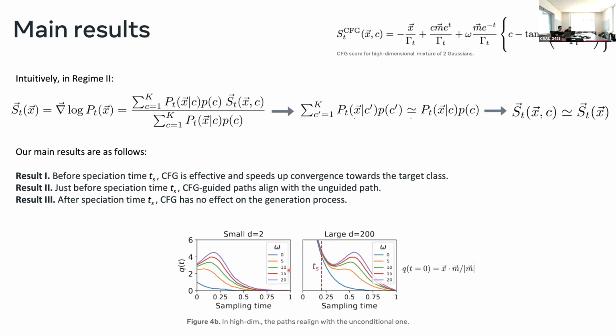Why would I do root d? I could also just do d or something, and maybe the speciation time would just be log d, in which case it seems like it's a more general result than having anything to do with root d. Is there any reason that you guys chose root d?